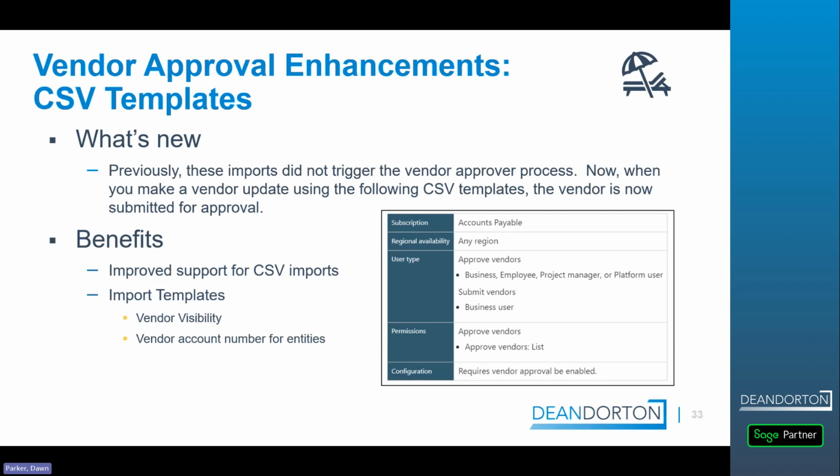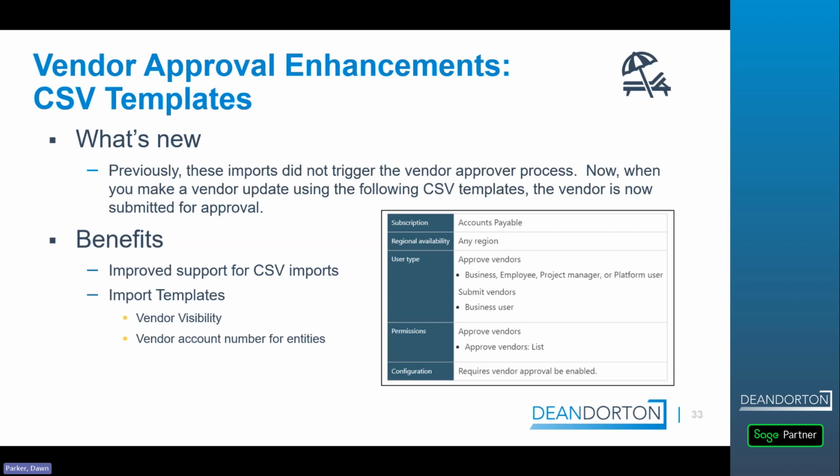Vendor approval enhancements using the CSV templates. You know that in release 3, they added the vendor approval option so that you could get actual vendors approved before you use them. Well, previously the imports did not trigger the vendor approval process. Now, when you make a vendor update or a vendor add using the CSV template, the vendor is now submitted